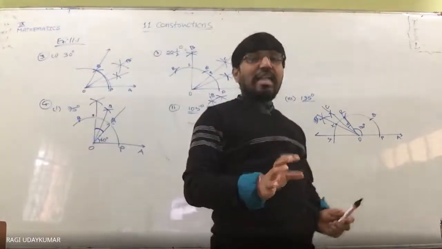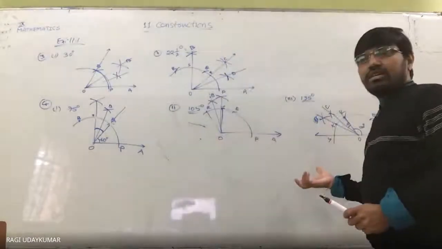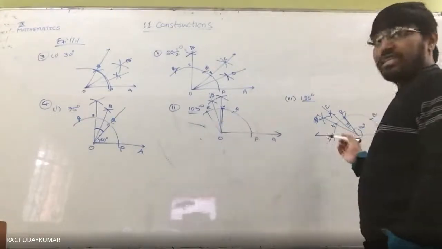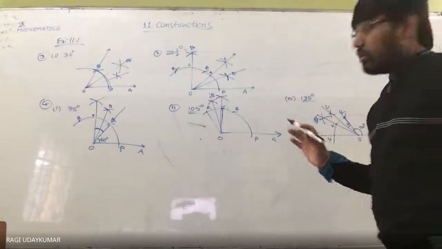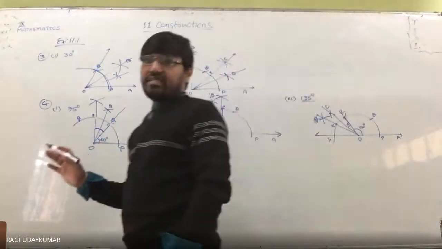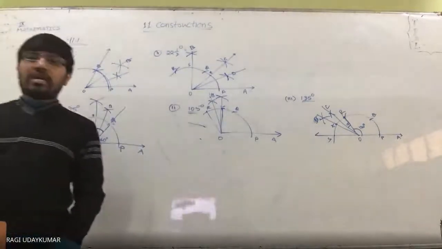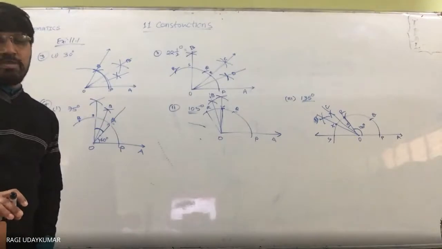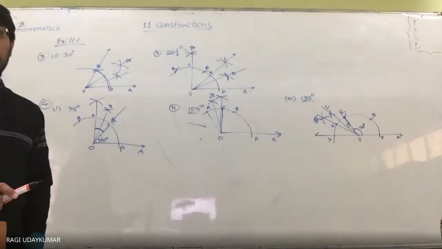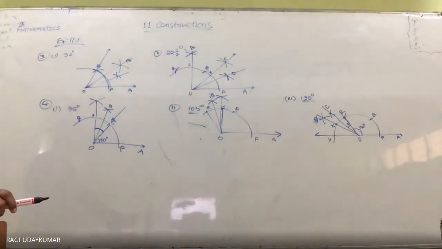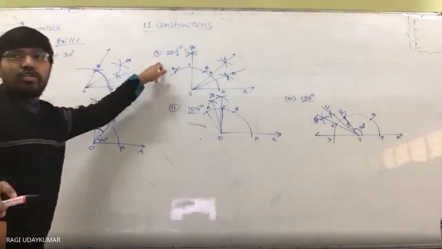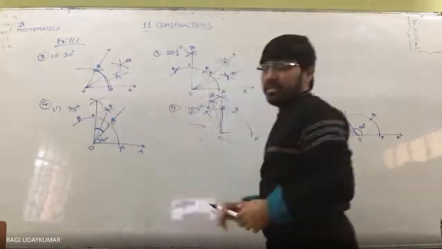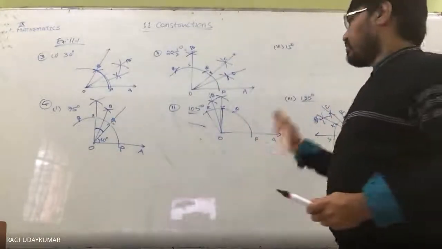using the compass, and after that compare the constructions with the protractor. These 75 degrees, 105, 135 degrees you need to construct using the ruler and the compass, and you have to compare whether it is right or wrong using the protractor. You have 6 problems actually: one is 30 degrees, 22 and a half degrees, and in the third one 50 degrees is not bisected directly. And these 75 degrees, 105, 135 degrees.